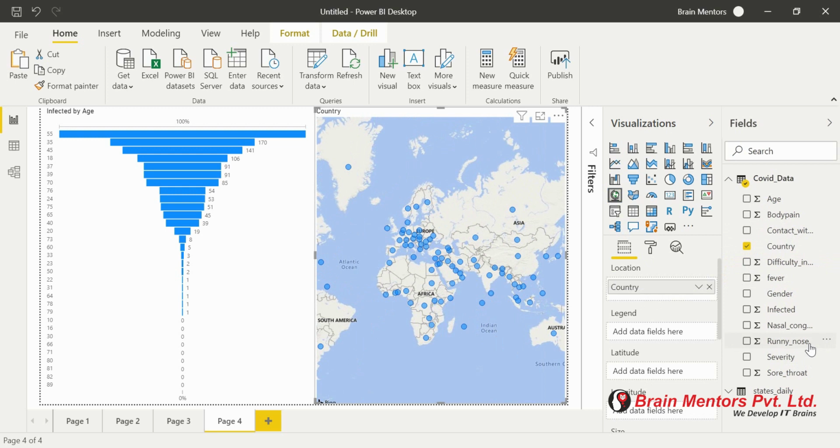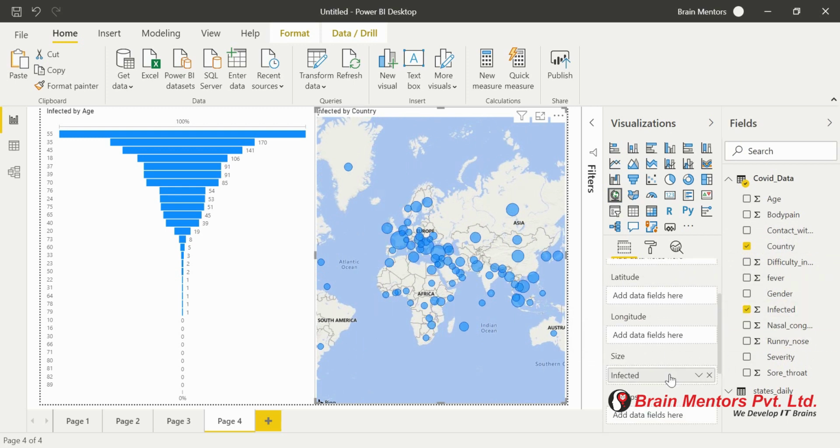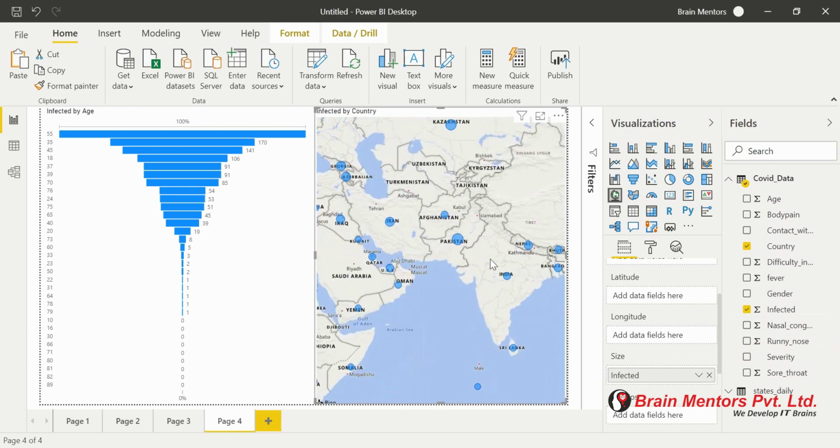If I want to see which country has the most infected cases, how are we going to do that? If I put infected in this and scroll down, you will see a size parameter. Put the infected in the size parameter, and the circles will get larger. Wherever the circle is large, it means that country has the most number of cases.